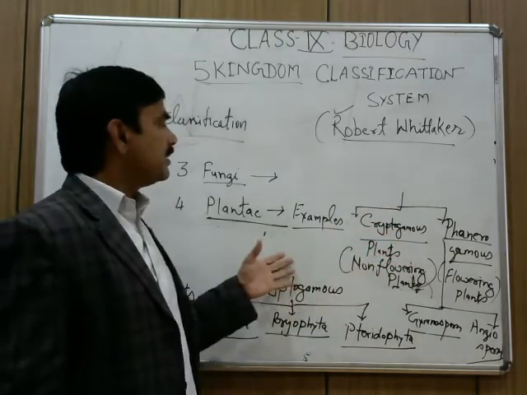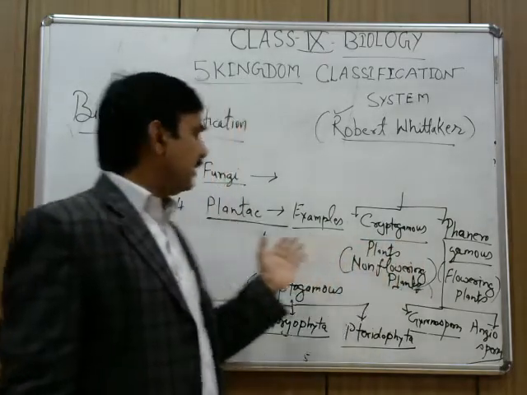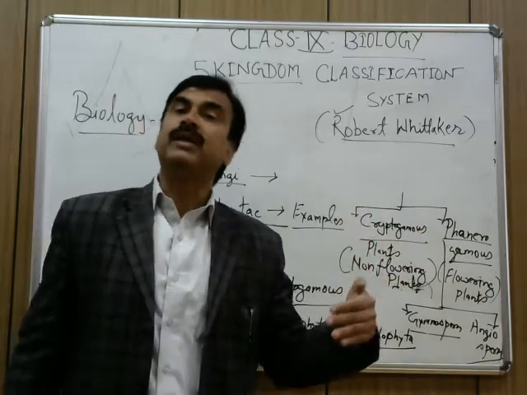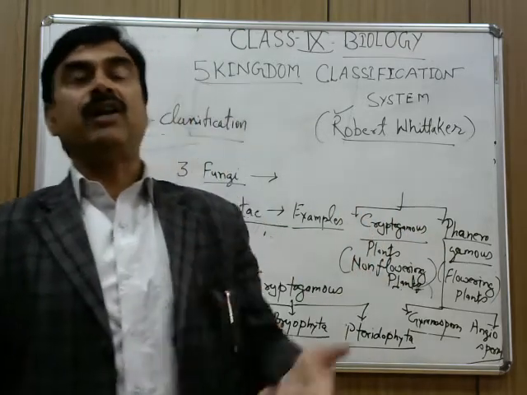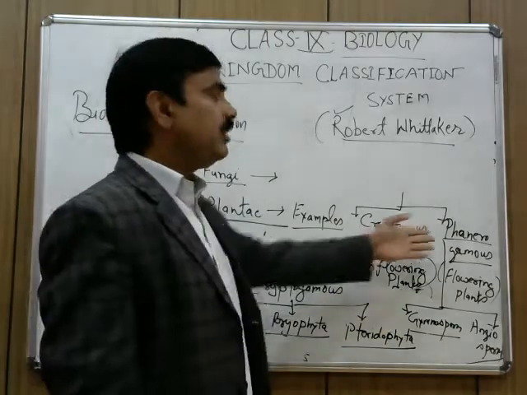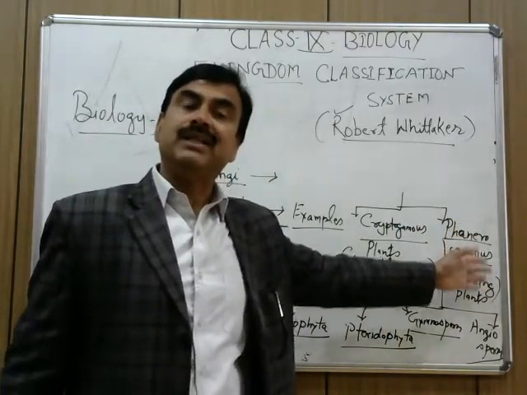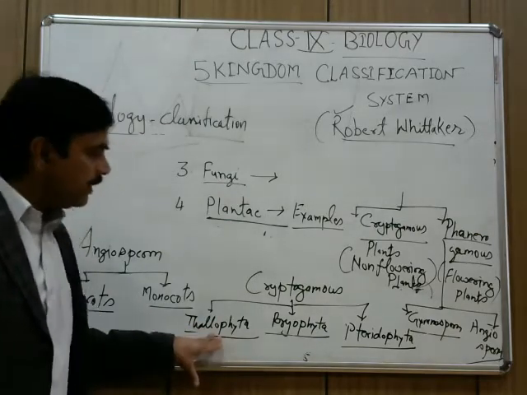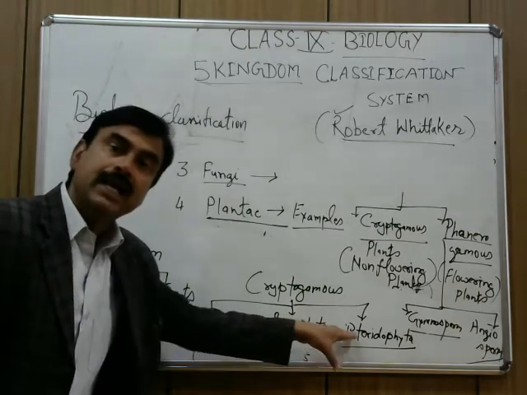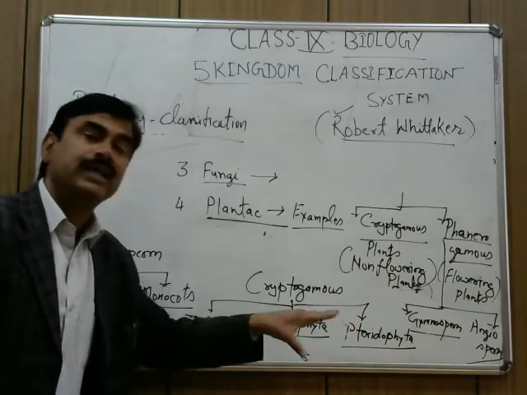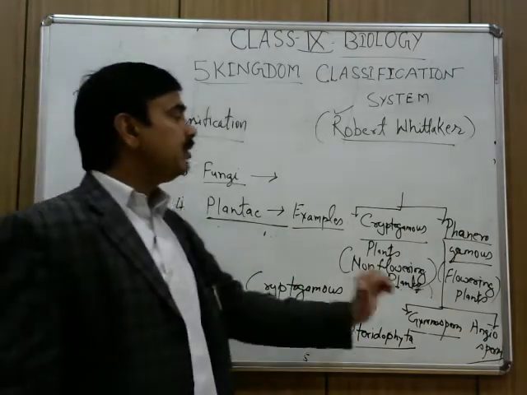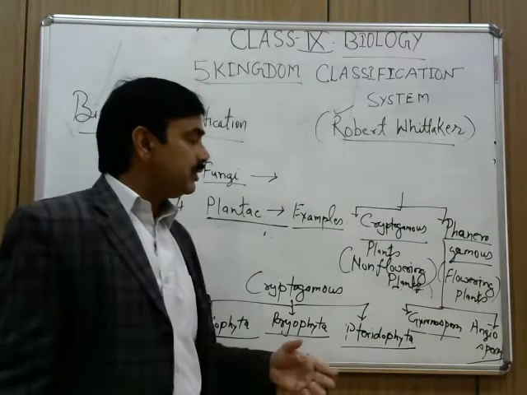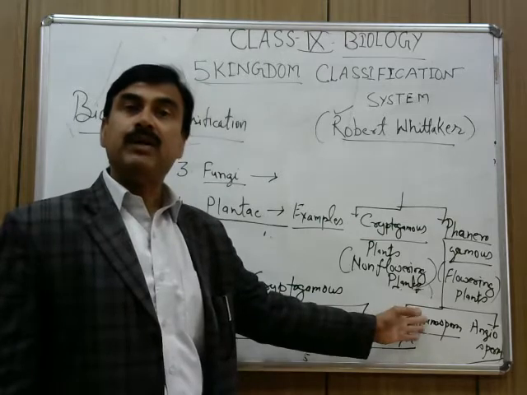All the plants fall in the category of Plantae, and these you can divide first into two main groups. In the cryptogamous, all non-flowering plants come, and in the phanerogamous, all flowering plants. Then cryptogamous you can divide into three subclasses: thallophyta, bryophyta, and pteridophyta. And after that, when we move to the phanerogamous, again you have to divide into two categories: gymnosperm, pinus,